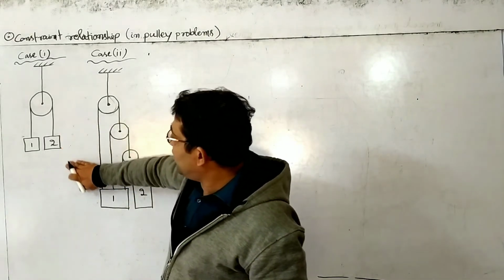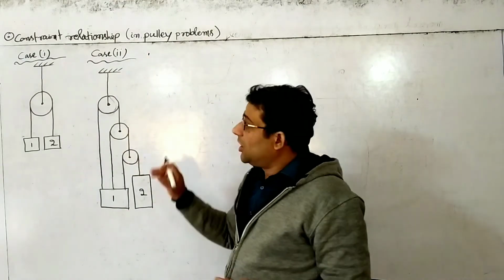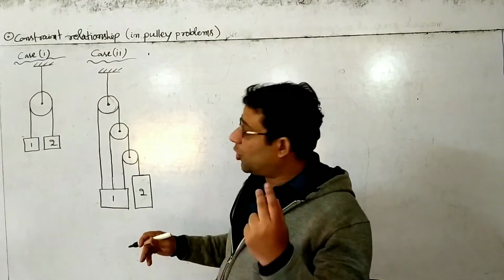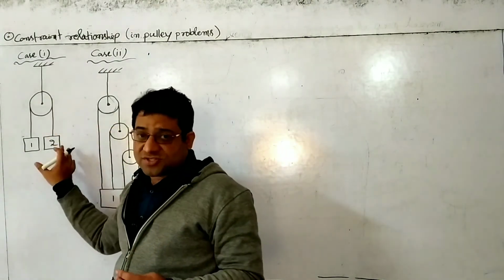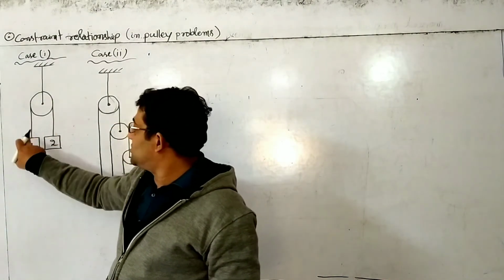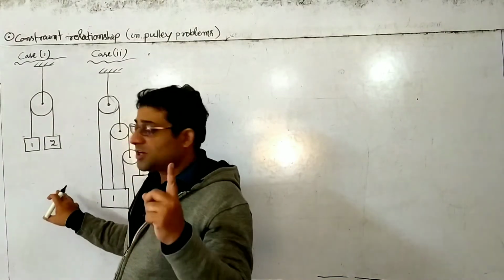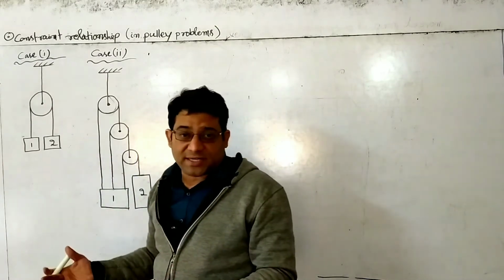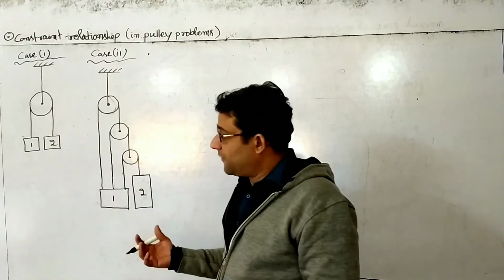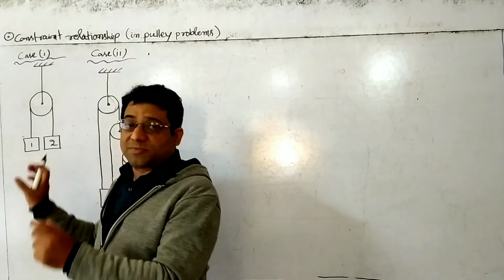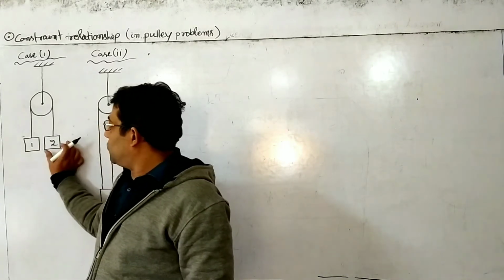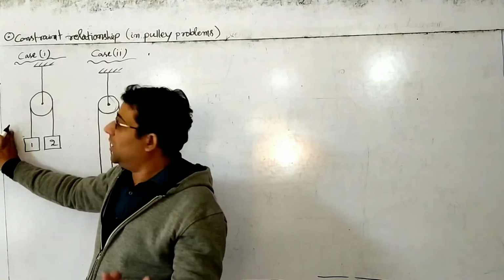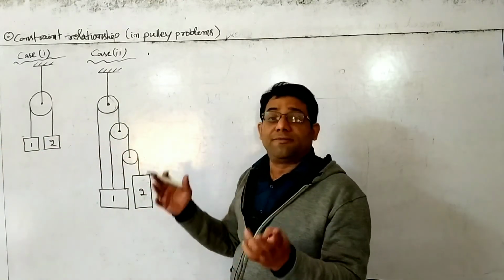Now in questions involving this type of constraint, the trick is to find out the constraint relationships first. Relationship between what and what? Between the tensions. For example, in this you can see there is one thread only, that's why one tension only. There are no relations. However, in more complicated questions you will see more than one thread, so tensions also will be different. And another thing is the acceleration of the blocks. In this again, whatever is the acceleration here, it will be in the opposite direction, the magnitude will be the same. However, accelerations of blocks may be different in other cases.